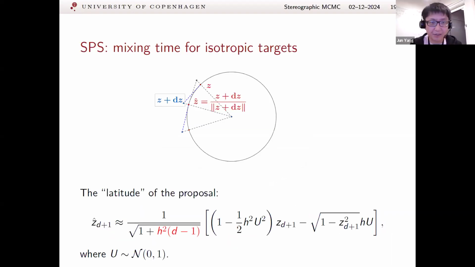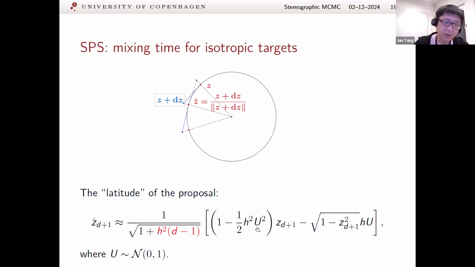So how can I show this? Basically, I use this one line. Because this Gaussian target is an isotropic target, I only need to focus on the latitude, right? So the latitude in this formulation is the last coordinate of this z, which is the d+1 coordinate of this z. So I can just look at the proposal latitude, which is on the left-hand side. That's the last coordinate of this z hat, as a function of the current latitude, which is the last coordinate of this z. Okay, you can see on the right-hand side, there's a capital U